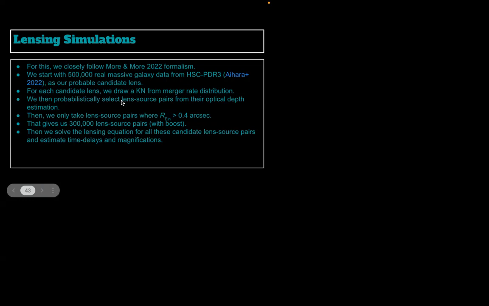And we boost our sample because anyway the lensing will be very few in reality, but we want to do statistics from this sample, so we just boosted the sample to get a reasonable number of lens-source pairs. If you don't boost it, what will be the number? The number will be very few. Like there are only 6 strongly lensed supernovae that have been detected. So we don't go in that limit, because we can't do statistics with them.